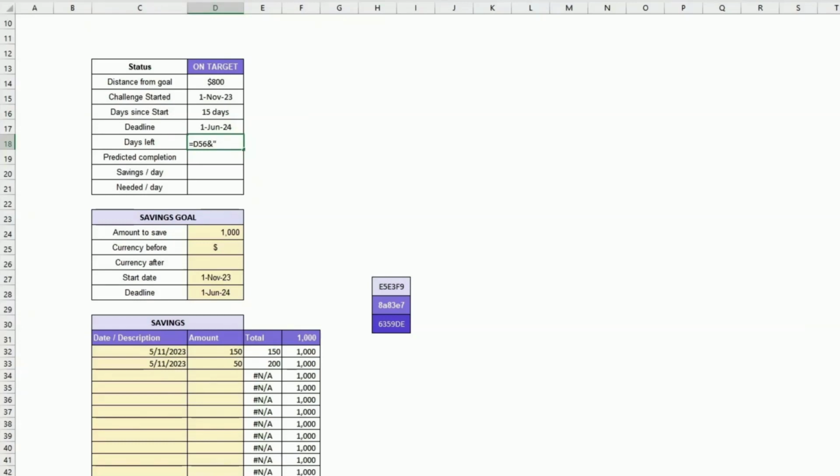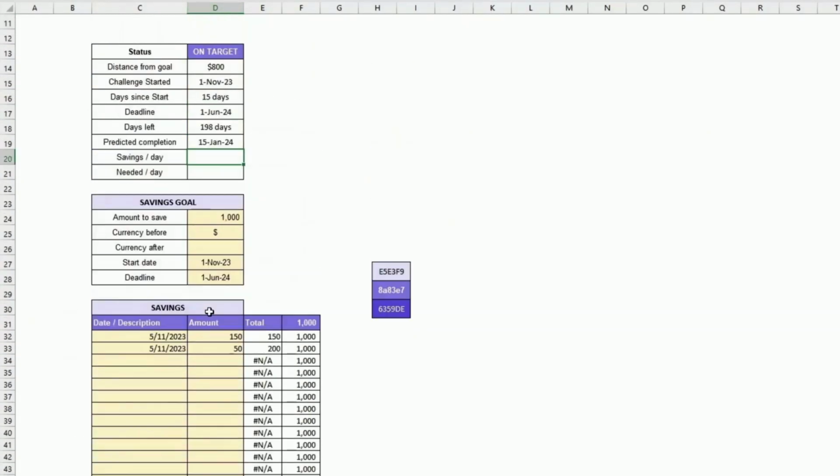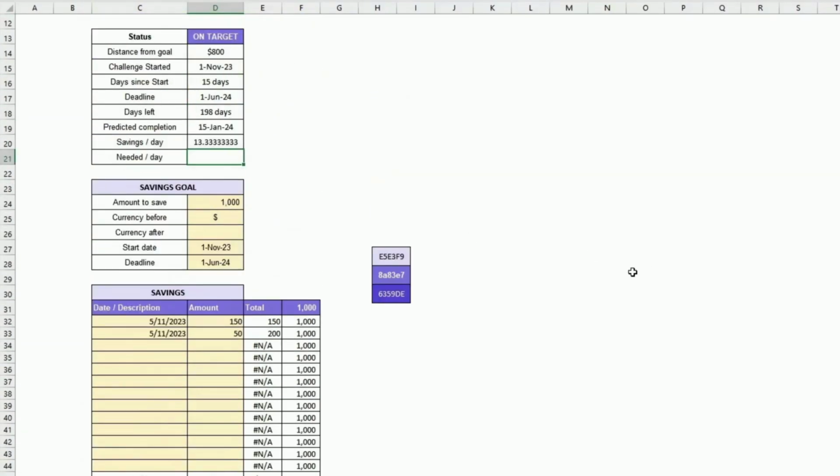So days. Predicted completion. Pressure. So here, this one. Savings per day. Saving per day is 13. So here I will need to format this, and needed per day